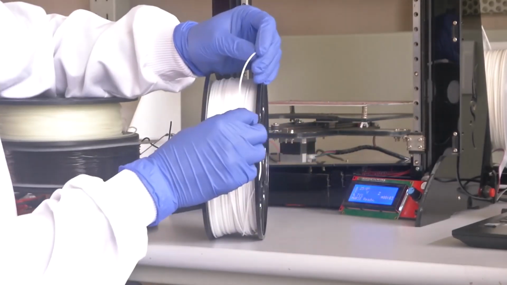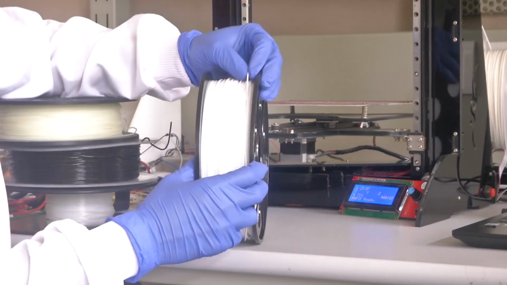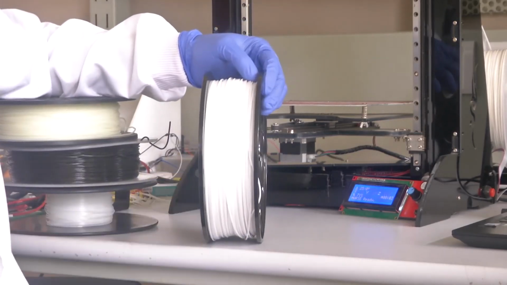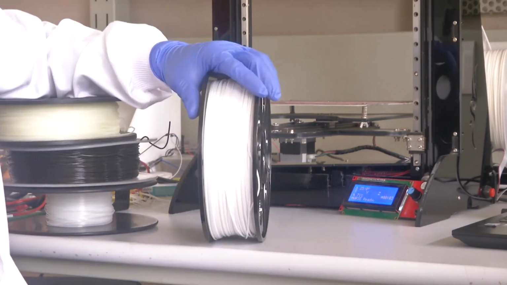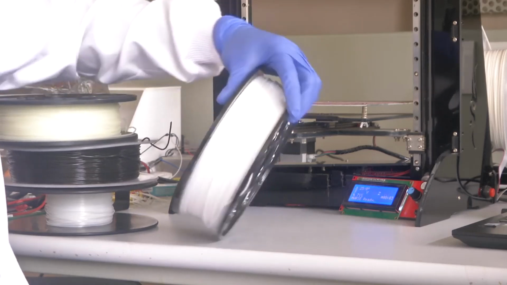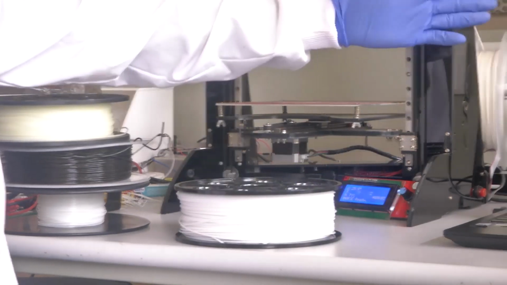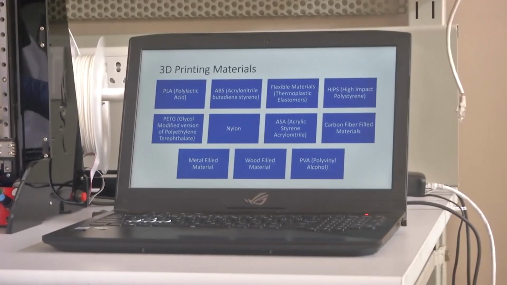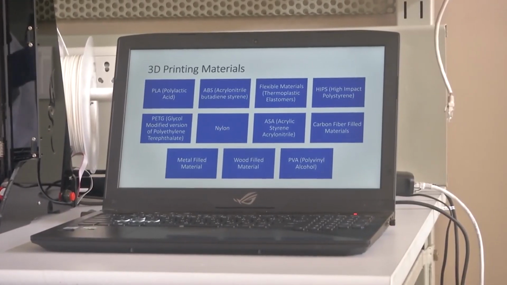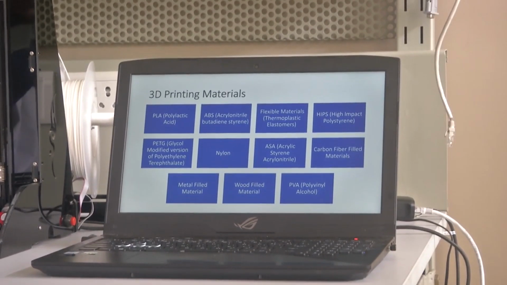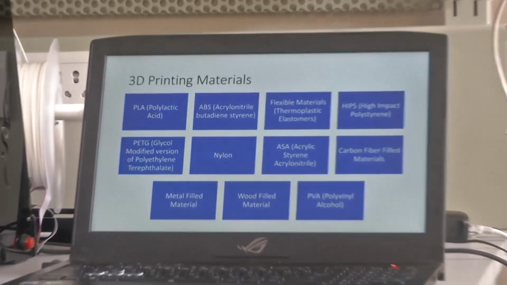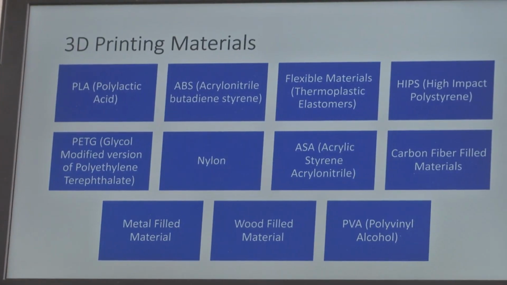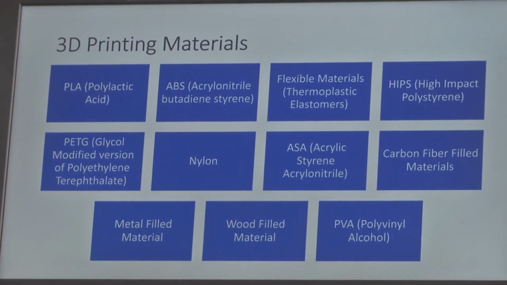So using this nylon material we can print objects like gears for a gearbox, etc. And next is ASA, acrylic styrene acrylonitrile, that is also not widely used. The next one is carbon fiber filled materials. Carbon fiber filled material means